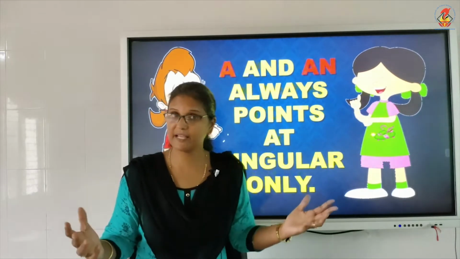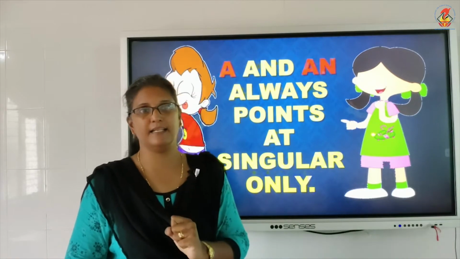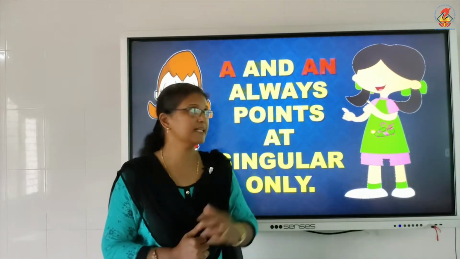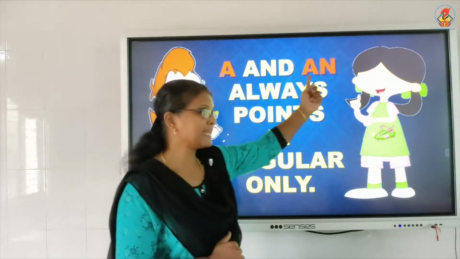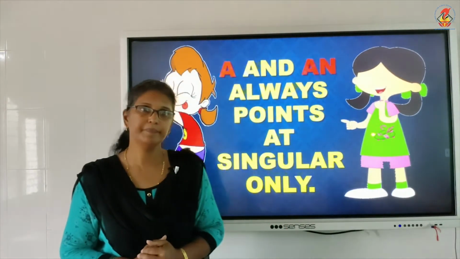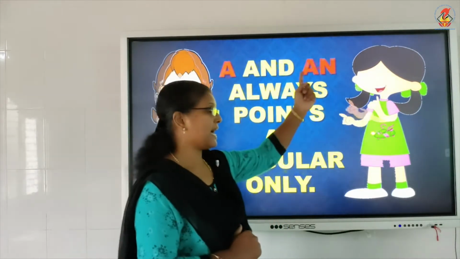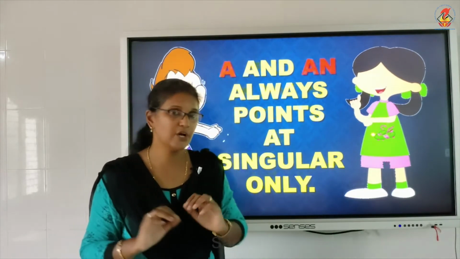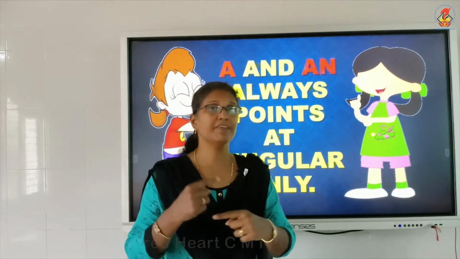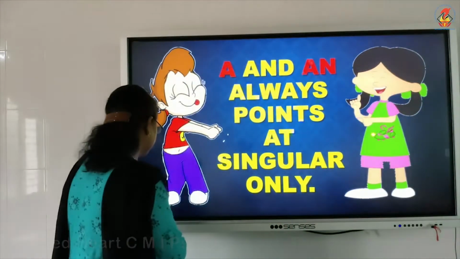We don't have mangoes, we don't have apples. A pencil, it is one pencil, we are using a. Then an umbrella, only one umbrella, so we are using an. If it is more than one, we will not use a or an. We will frame it in a different way. So, let's see